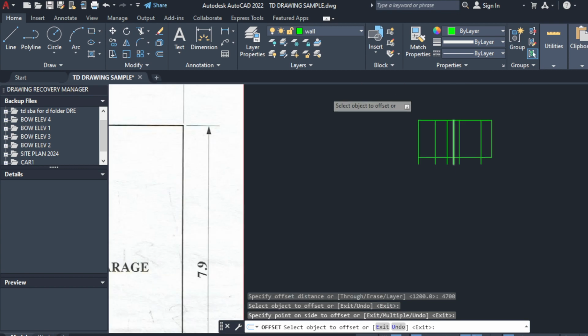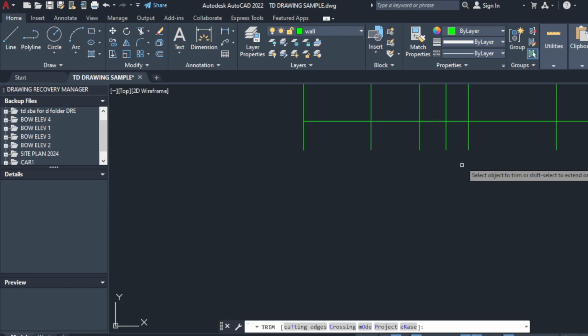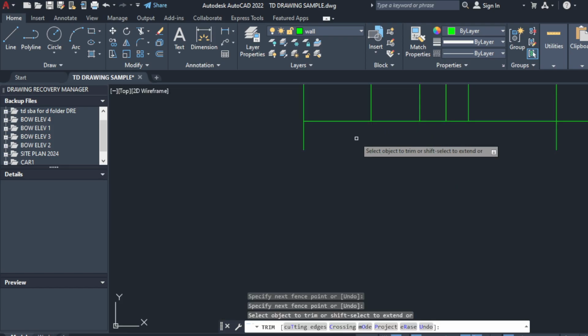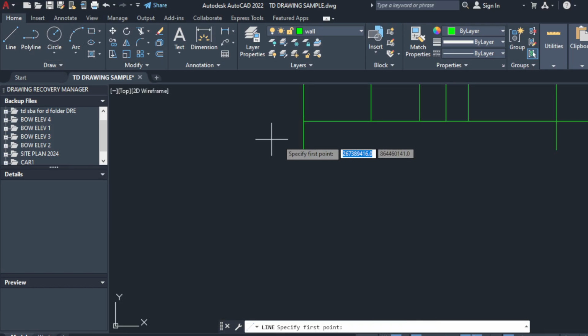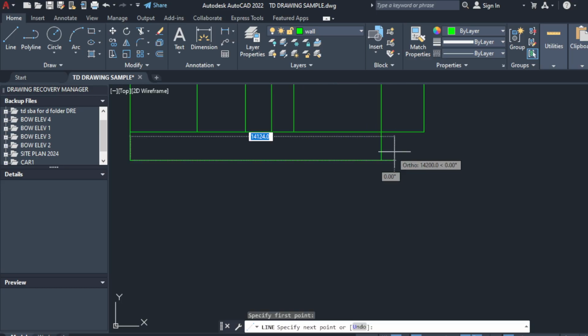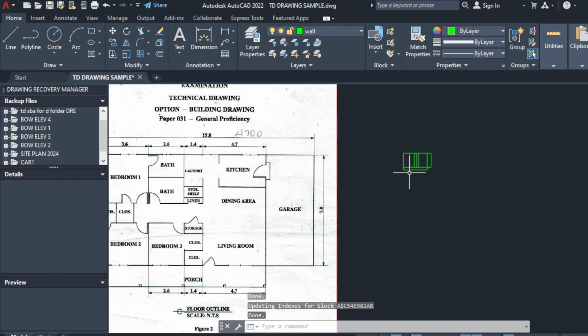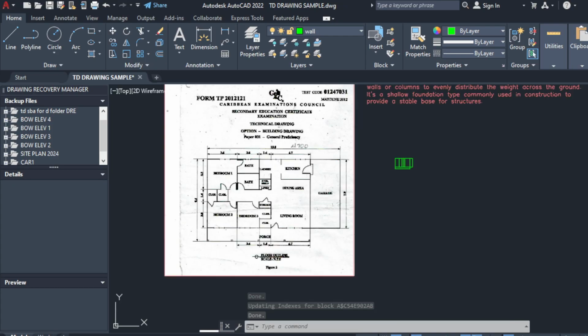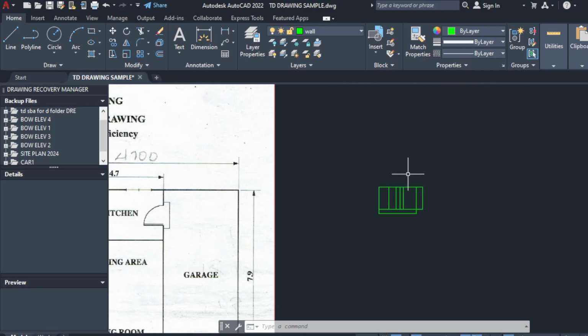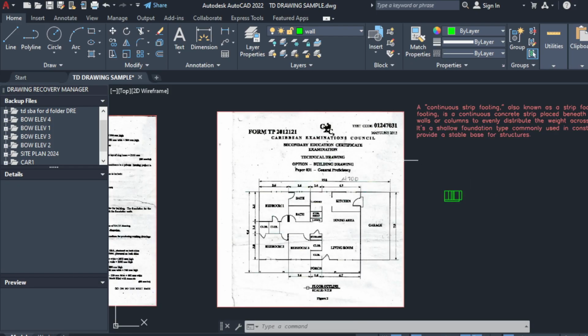Alright, and so I trim out these lines here and then draw a line at the bottom to connect, to give me my porch. Alright, so I did my partition to my right. I will then proceed to do my partition